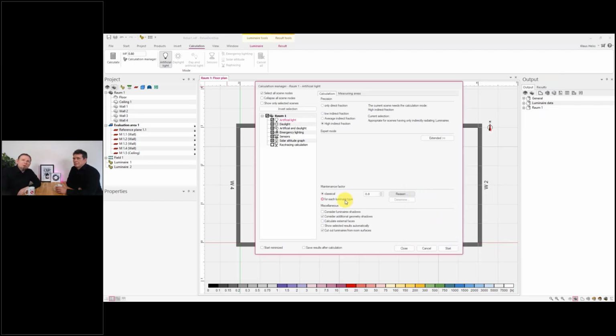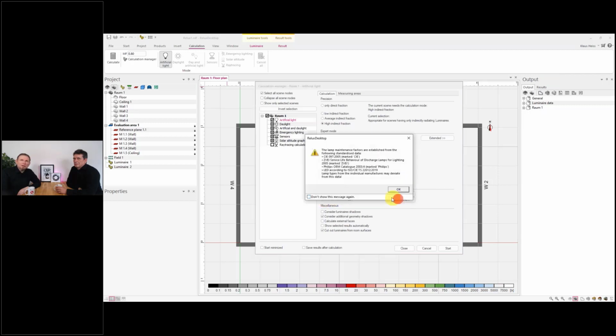And if you go the serious way, if you really deal with maintenance, you can click here for each luminaire type and determine. And here, if you want to, you can also click it away, you get information from us about which standards we are using in order to calculate this value. And here we have the CIE 97, of course. We have also here the LED ISO CIE 22012 from 2019,